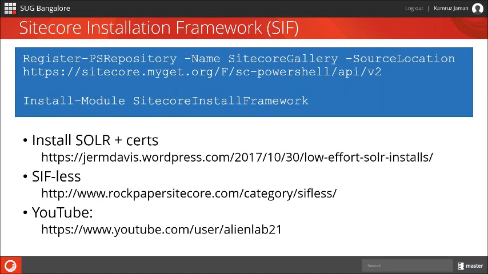The framework itself, you can download it from Sitecore's PowerShell repository. Just launch a PowerShell window and run the register command, and then install modules, Sitecore install framework. If you guys haven't seen these, I would suggest taking a look at these